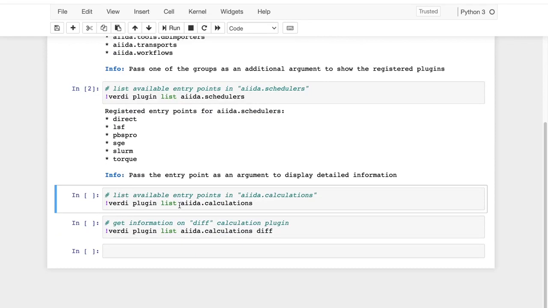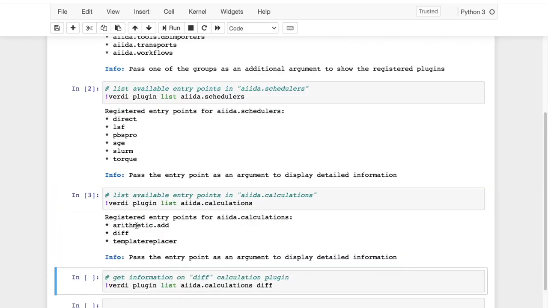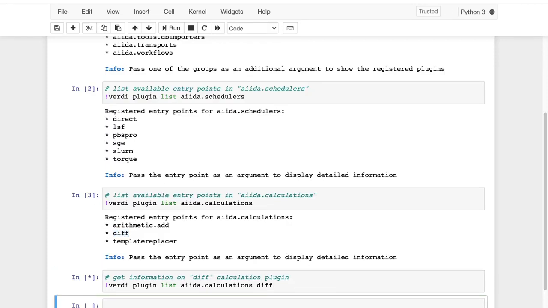But you can also have a look at, for example, the AiiDA.calculations entry point group. And if we have a look there, we will see two of them that are provided with AiiDA Core. This arithmetic.add one is actually one that you will look at in the calculation plugin tutorial. But we also see that there's this new diff entry point, which is provided by the AiiDA Diff plugin. And you can now append this entry point name again to the end of the command: AiiDA plugin list AiiDA.calculations diff,